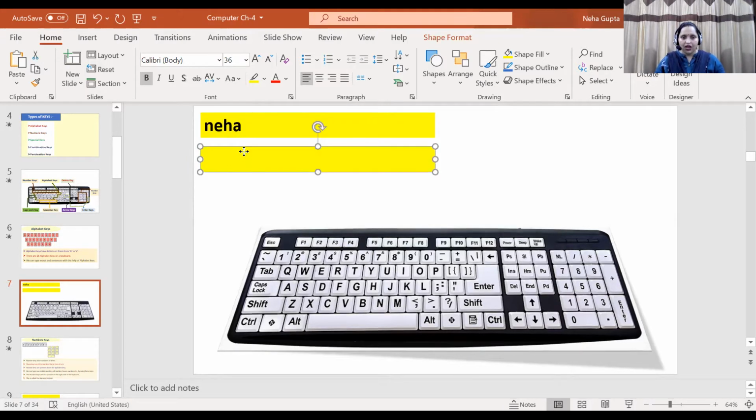Now children, for example, I want to write, I am a girl. First, I will press I, then A, M, then A, then girl. G, I, R, L. See, I am pressing, and the alphabets are coming. Okay, children. So in this way, we can make use of alphabet keys.